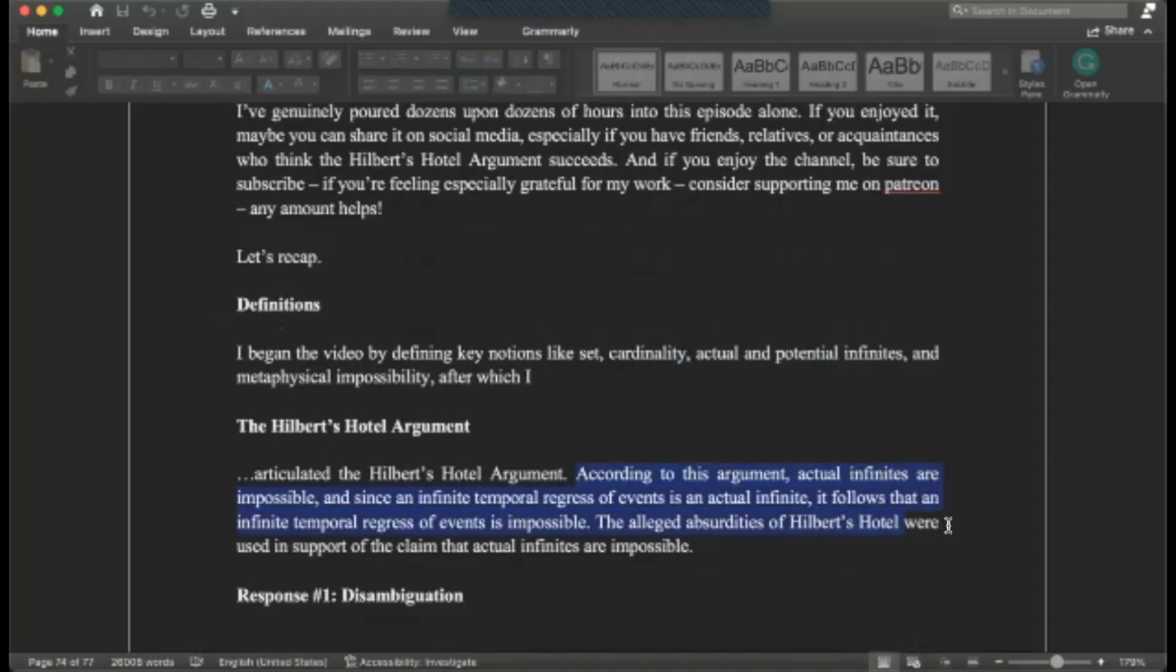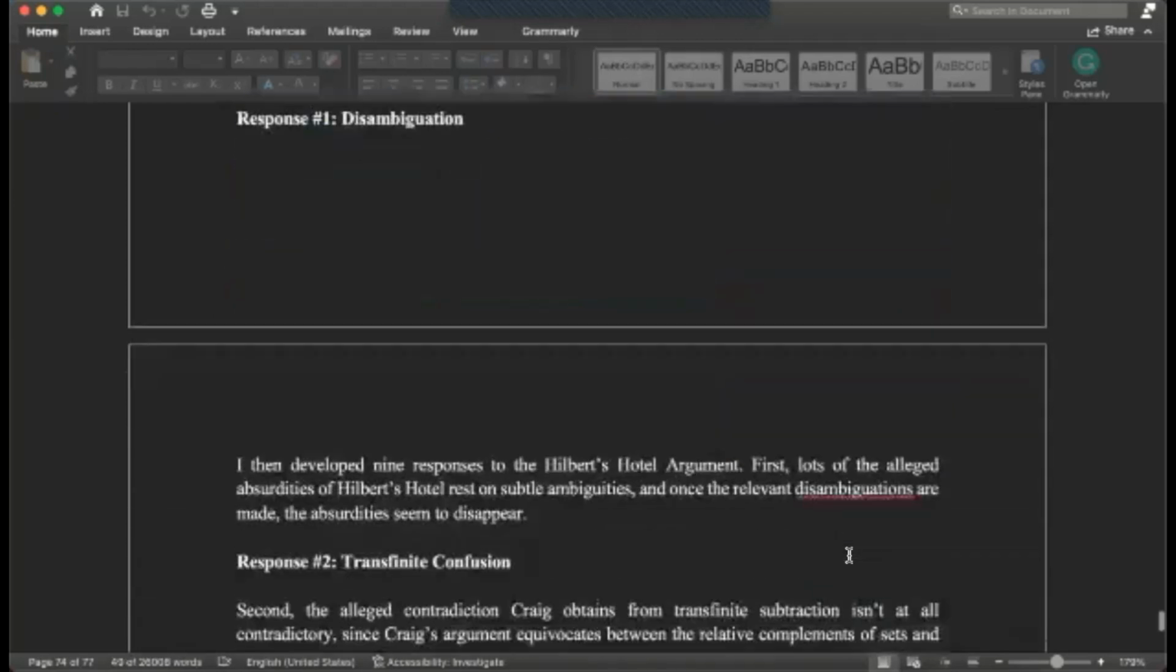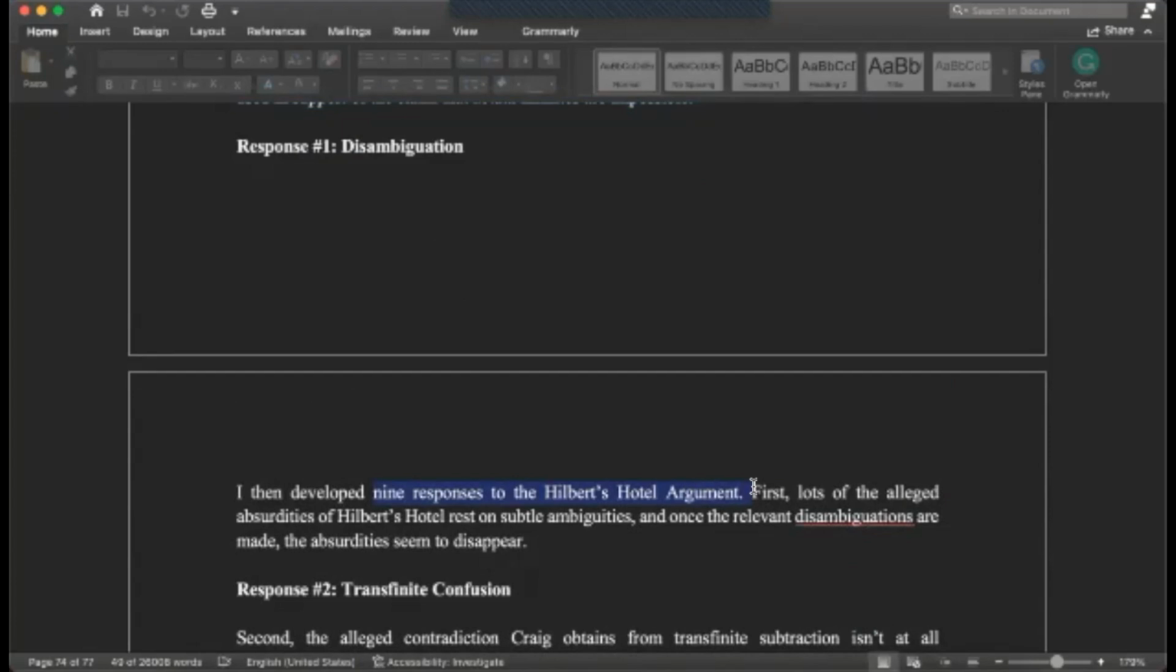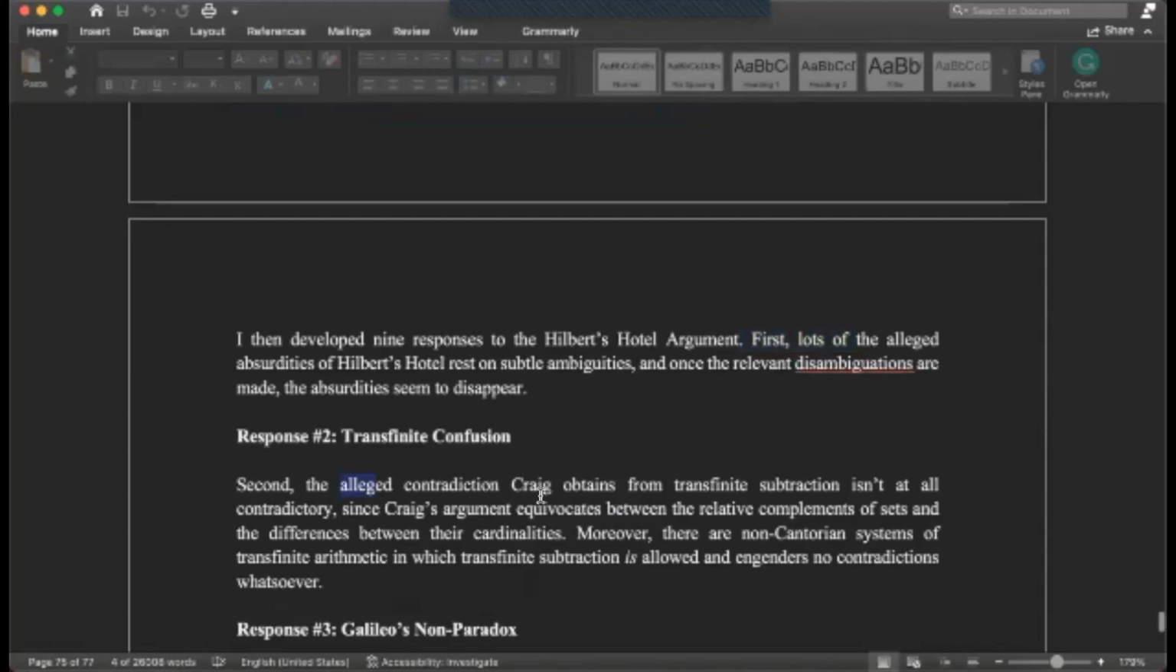The alleged absurdities of Hilbert's Hotel were used in support of the claim that actual infinites are impossible. I then developed 9 responses to the Hilbert's Hotel argument. First, lots of the alleged absurdities of Hilbert's Hotel rest on subtle ambiguities, and once the relevant disambiguations are made, the absurdities just disappear. Second, the alleged contradiction Craig obtains from transfinite subtraction isn't at all contradictory, since Craig's argument